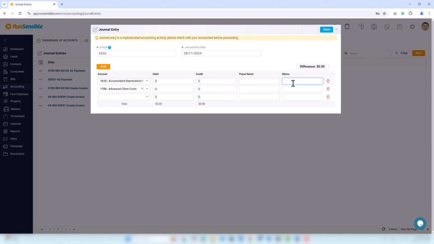After completing all fields and ensuring that the credits and debits are balanced, click on the Save button located at the top right corner of the screen. This action will save the transaction as part of your financial records. By following these steps, you ensure that all relevant details are accurately recorded, providing a complete and organized log of